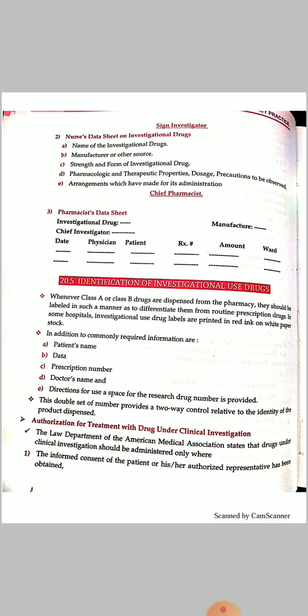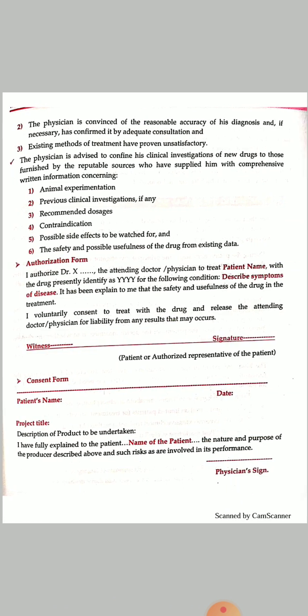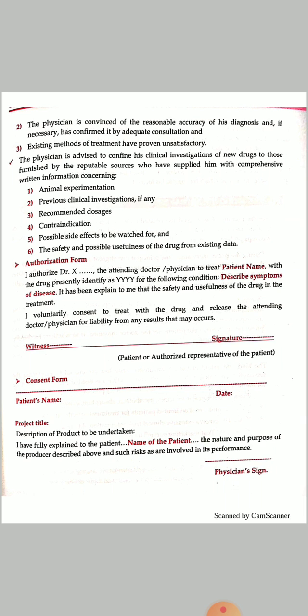Next is the authorization for the treatment with the drug under clinical investigation. So the law department of the American Medical Association states that the drug under clinical investigation should be administered only where the informed consent of the patient or his or her authorized representative has been obtained, the physician is convinced of the reasonable accuracy of his diagnosis, and the existing methods for the treatment have been proven unsatisfactory. So the physician is advised to confine his clinical investigation of new drugs to those furnished by